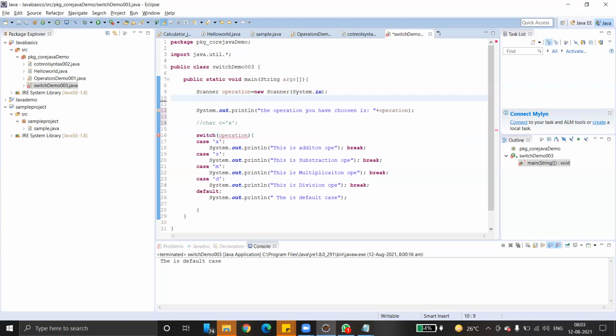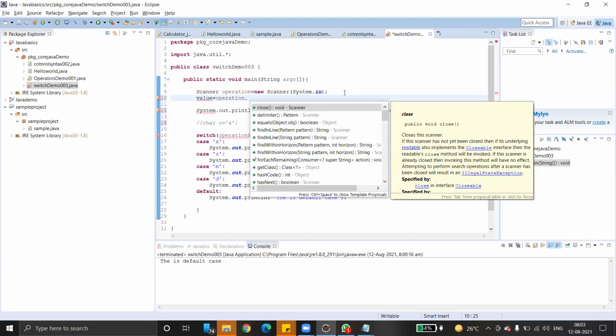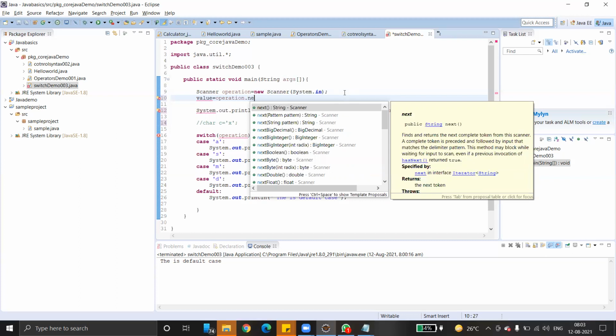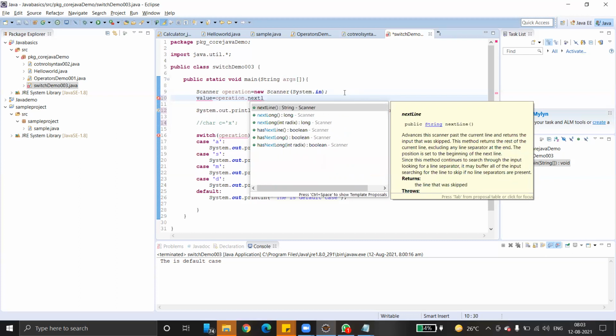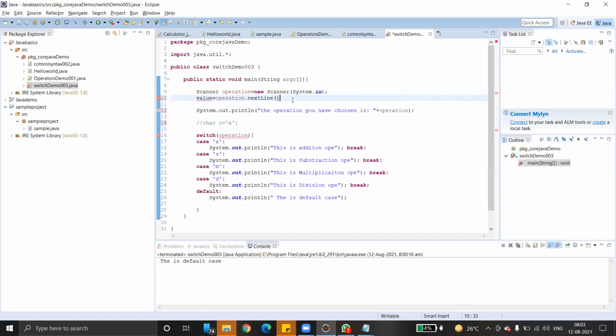Operation, the value equals to, operation dot, operation dot next line. This is string. Everything is string only here. Anyway, fine, no problem. This is string type. I'm just going to take string type.